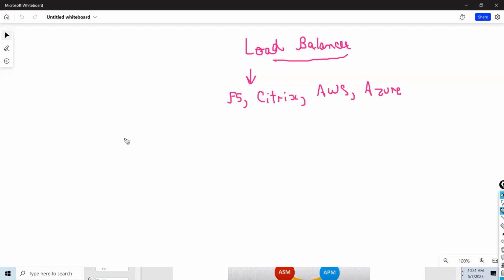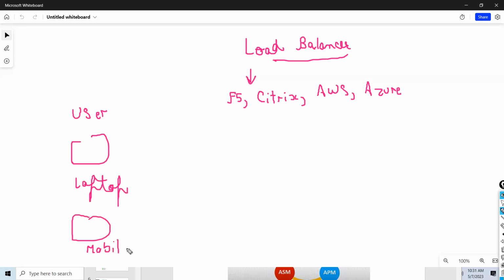Let's say I have a user, maybe a laptop user or a mobile user. They are coming from the internet and they have a website which is published in LTM.